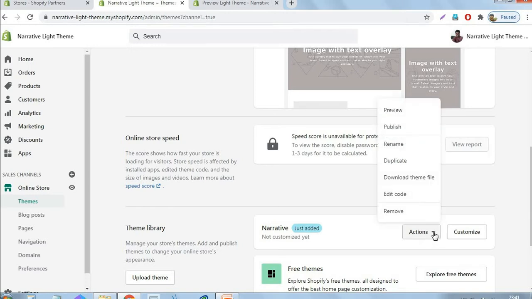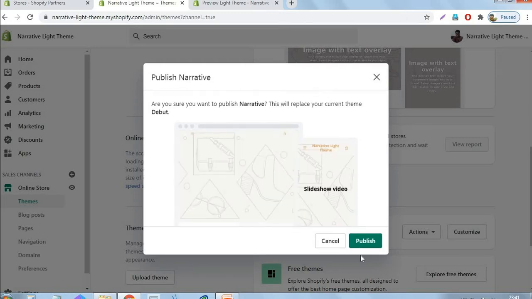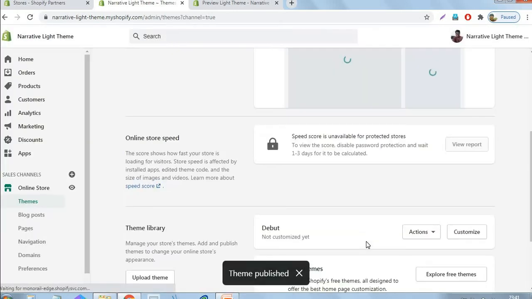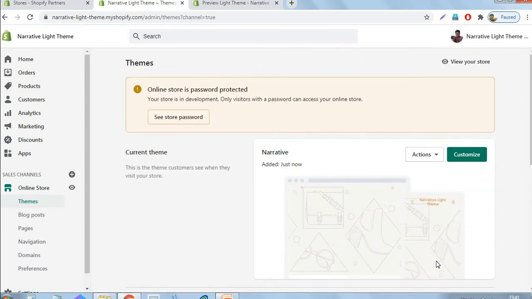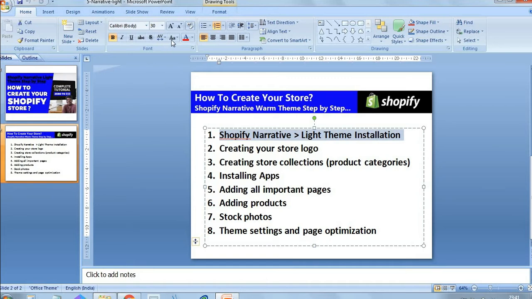Then select the actions drop down and click the publish link. Then click the publish button. The theme is published in our account. You can see the theme is published with the default contents. Okay. Now we have completed the first step. Then we are moving to the second one.